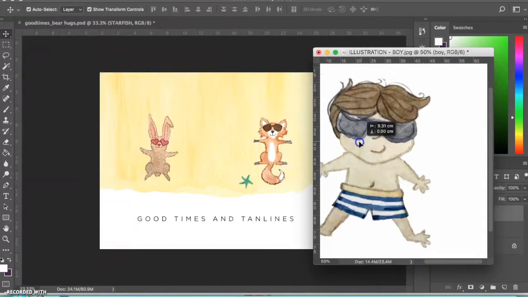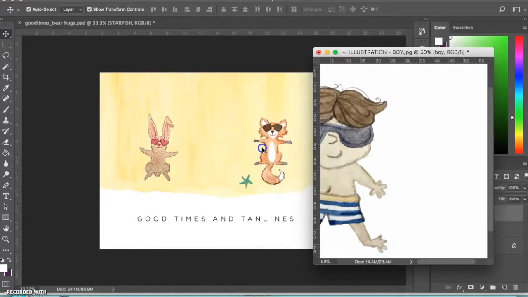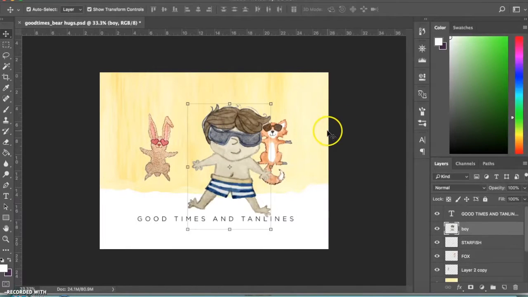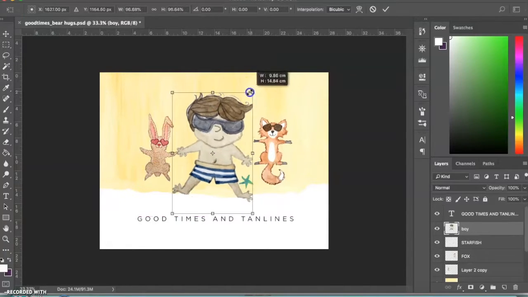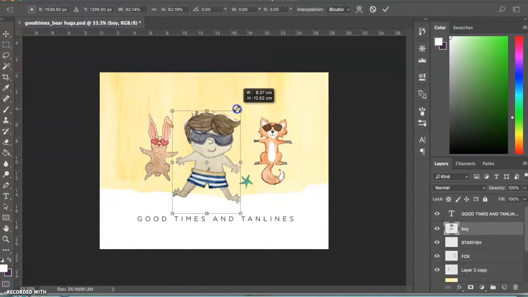So all I have to do is click and drag and resize him a bit. Maybe make him smaller. So make sure that when you're using the move tool, you see